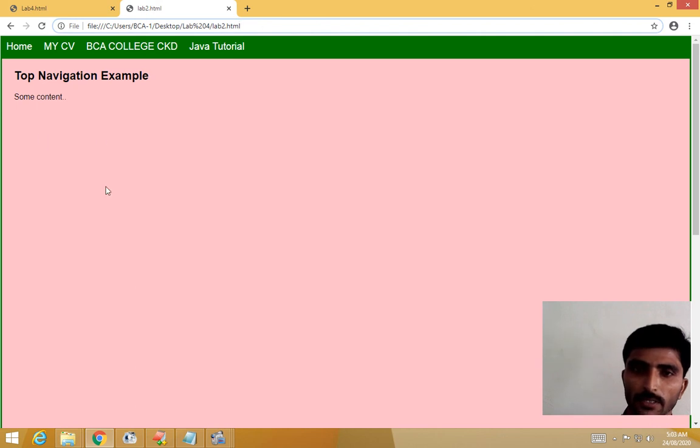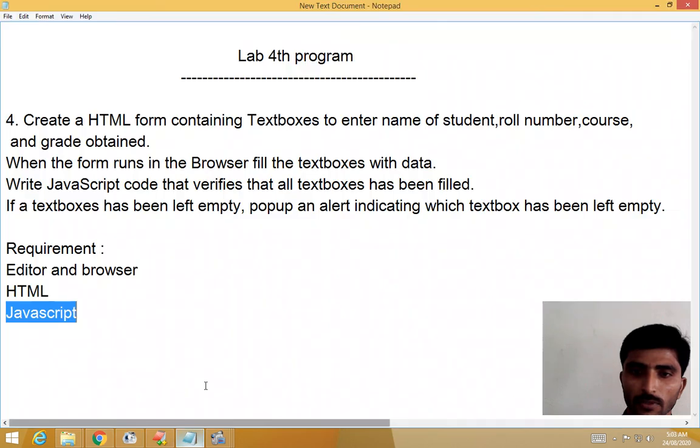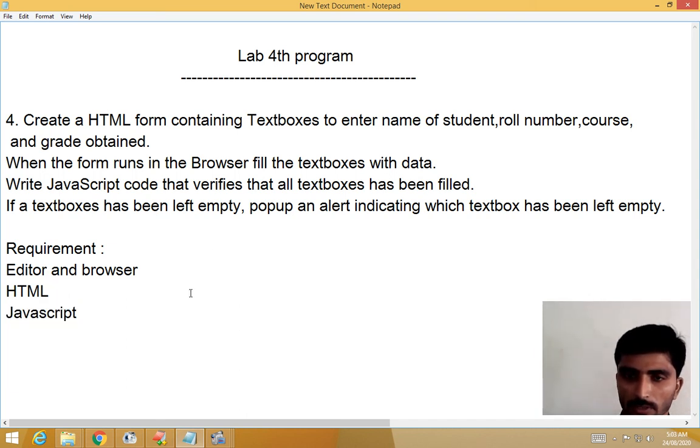So this is what the lab 4 program asks. Create an HTML form containing text boxes, which we already created, four text boxes to enter the name of the student, roll number, course, and grade. When the form runs in the browser, fill the text boxes with your data, which we already did. Then write JavaScript code that verifies whether all the text boxes have been filled out or not. So this is all about the 4th program. I hope